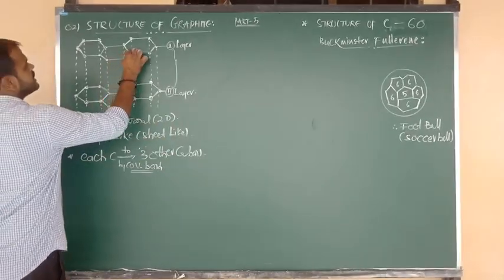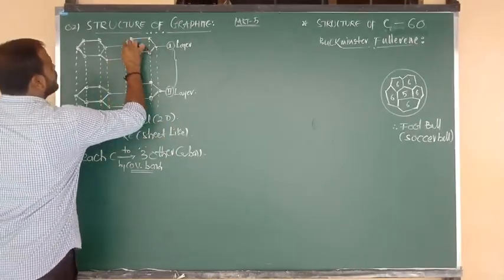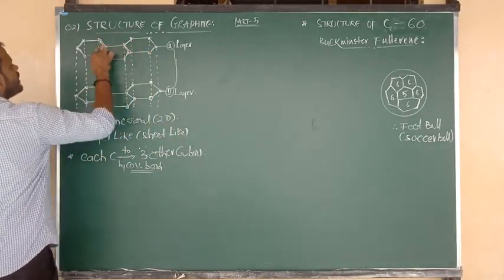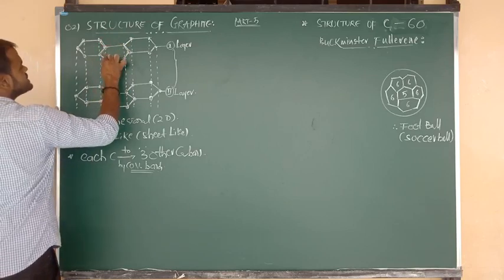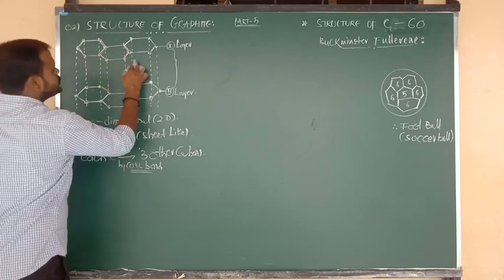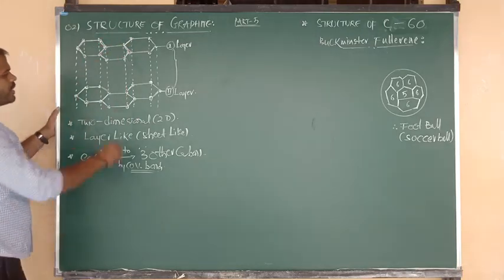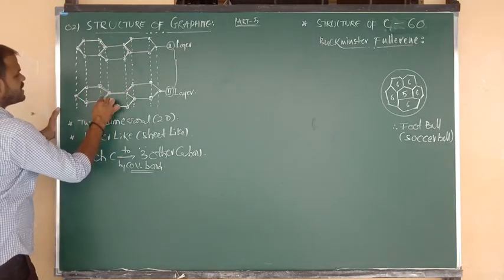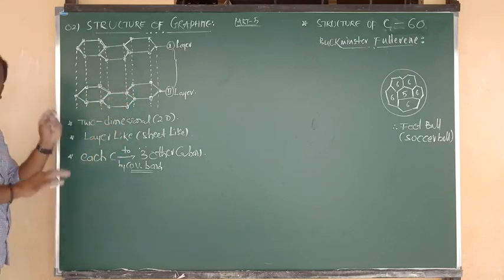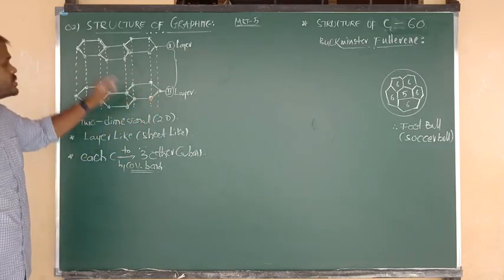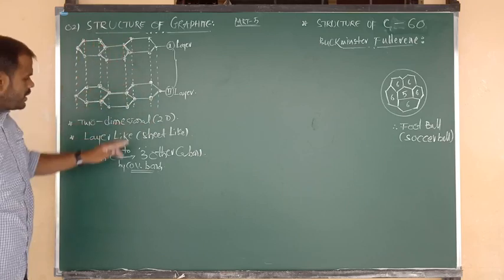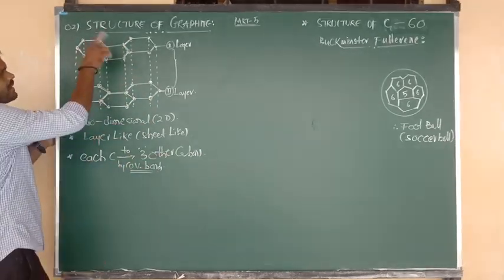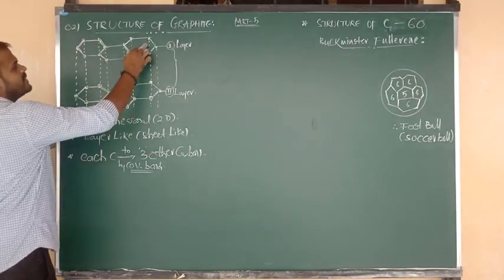Each carbon connected to surrounding three carbons means every carbon has three surrounding covalent bonds. Suppose the central carbon is connected by three covalent bonds to three other carbons. If you want, you can write it down also. First, suppose it's a central carbon connected to three other carbons like this: this is 1, this is 2, this is 3. This is fixed. So each carbon is connected to three other carbons by covalent bonds. After forming like that, definitely we get a 6-membered ring.